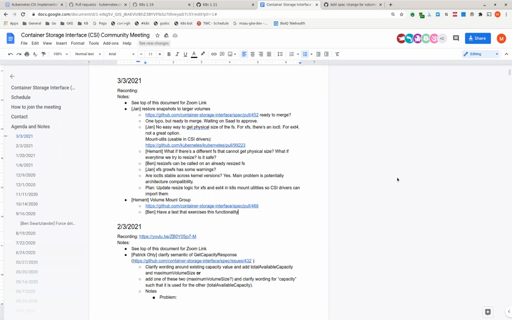Why would we want it to prevent on purpose if it works? Say a driver applies mount permission. If the mount facility doesn't apply permissions correctly to newly created files, then it violates the goal of this, which is that you can run workloads that depend on every file in the volume being accessible to the workload. Yeah, right. But the workload will be able to read and write files because new files that it is creating will have user permissions by default. That's how it works in Linux, so it will be able to read and write files because it's getting user based permissions on new files and directories.